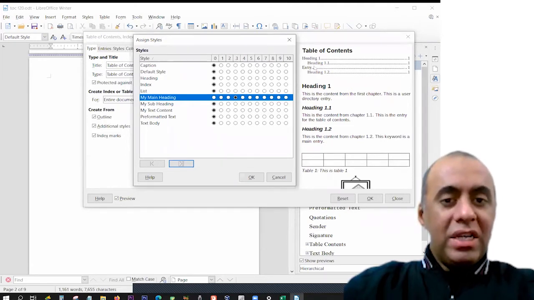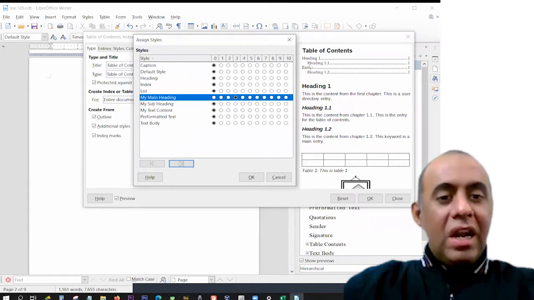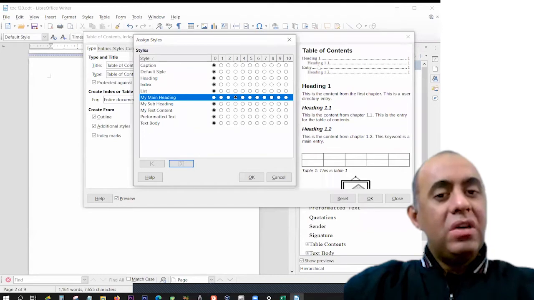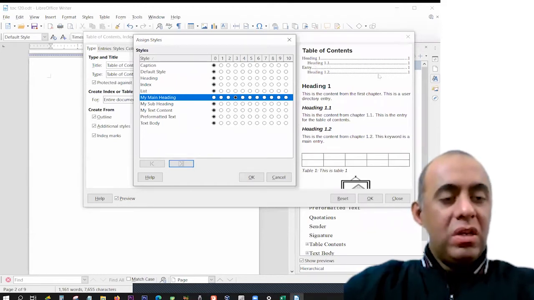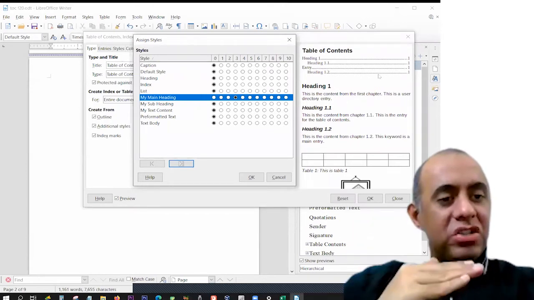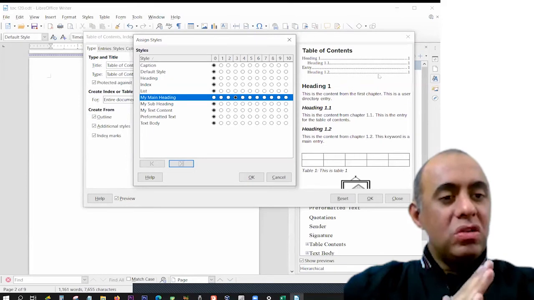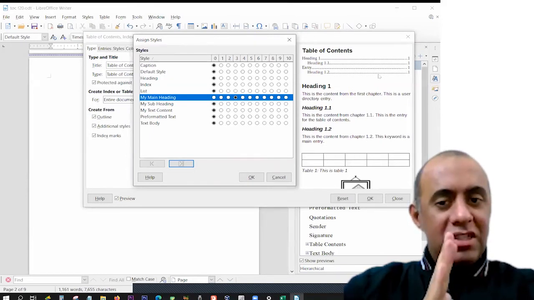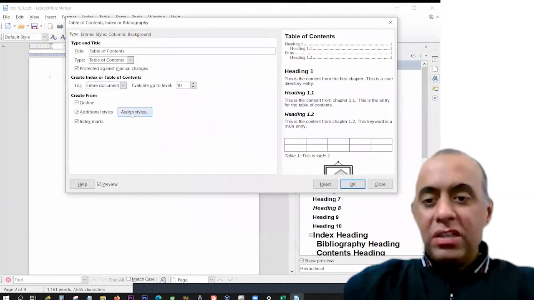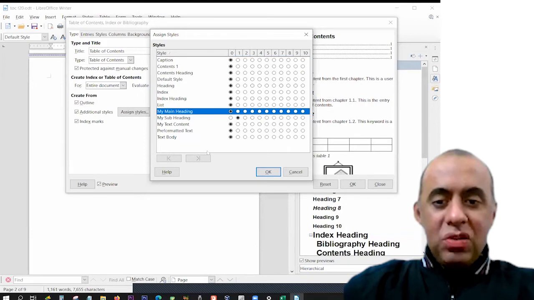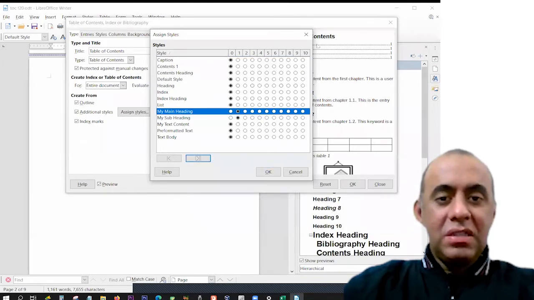Heading 1.1 is at level 1, and if there was a subheading of heading 1.1, we would want it to be at level 2, and so on. So every inner level will have some indentation with respect to the starting level, level 0. So we go to the additional styles and we change the my main heading to level 1, because in this example